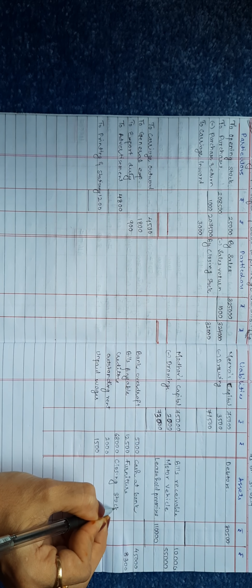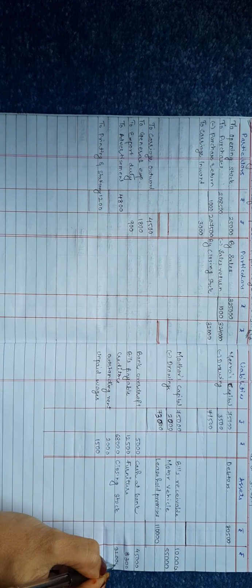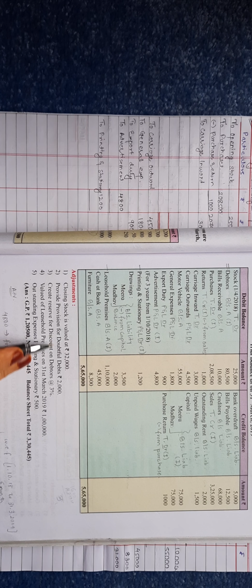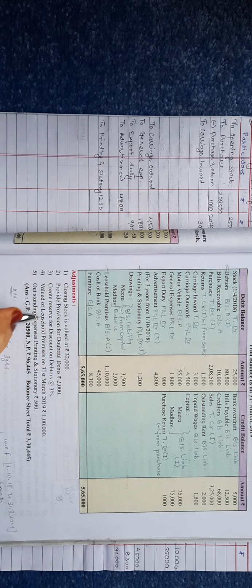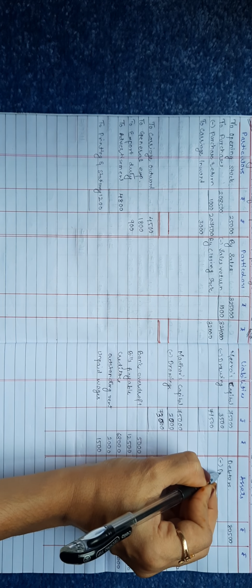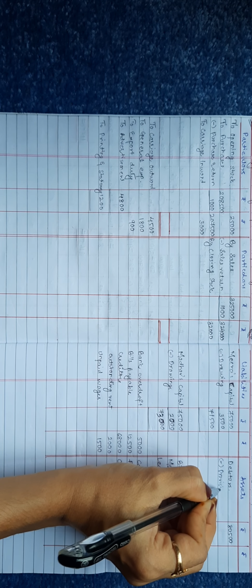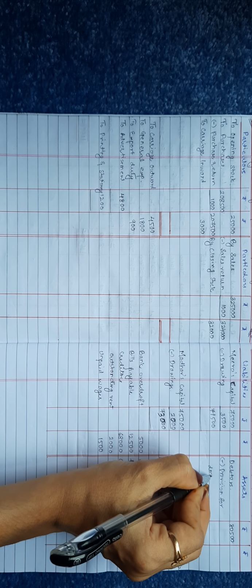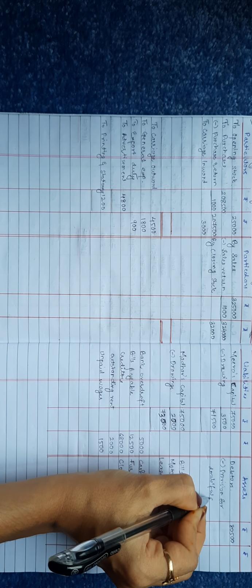The second effect of closing stock goes to assets. Closing stock 32,000. The second adjustment, provide provision for doubtful debt 2,000. This doubtful debt is always deducted from sundry debtors, as we have marked here debtors for the same adjustment. So two effects of it: deduct from debtors, less provision for doubtful debt.